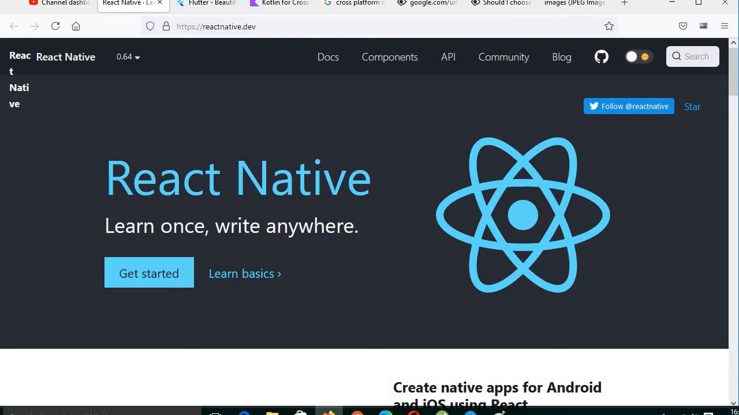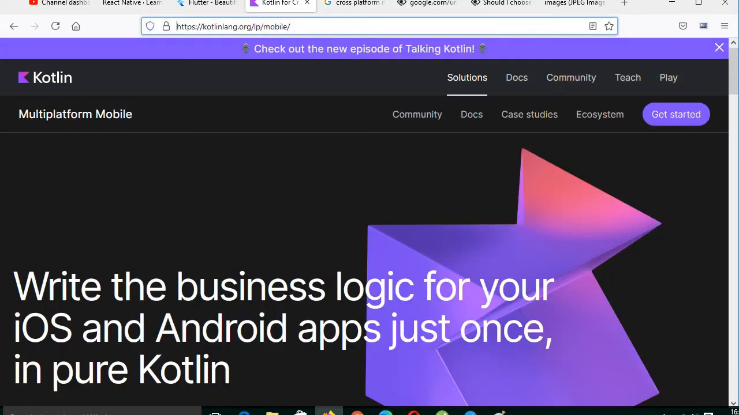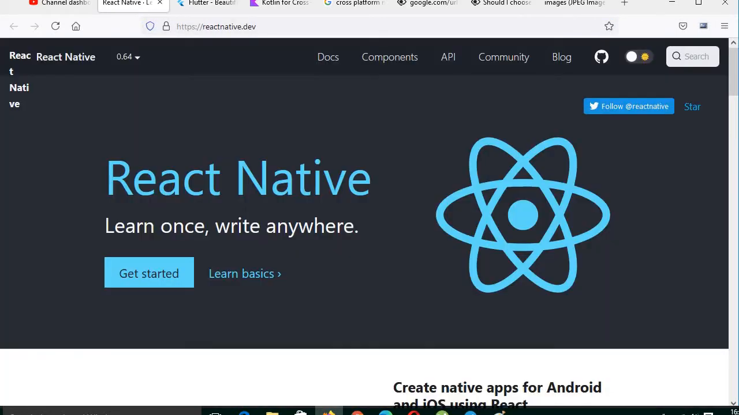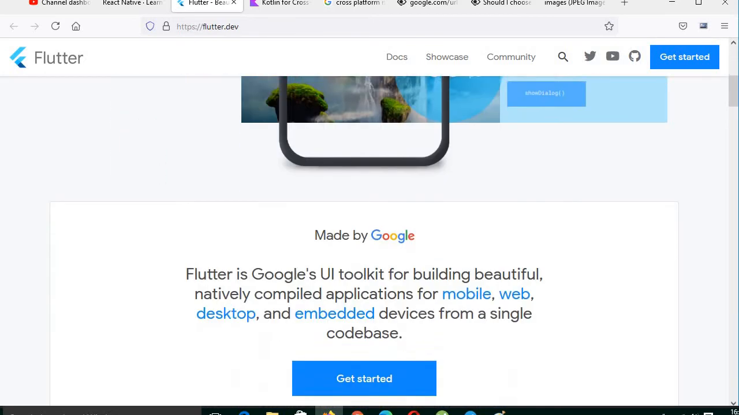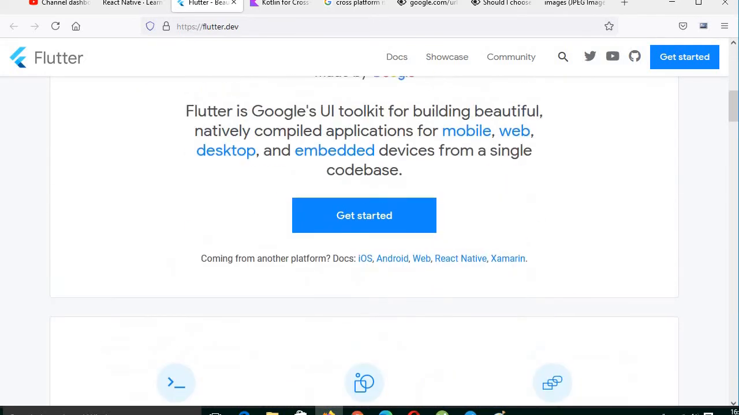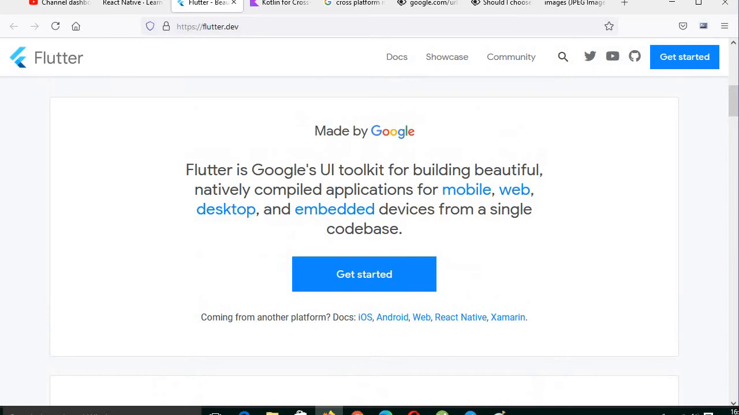These are the three technologies I collected, because there are so many in Google. I found these three right now, and that's why I'm making videos on these. Among these three, React Native is almost the top in the market to create a cross-platform application, and Flutter is a new thing. Flutter is a Google UI toolkit for building beautiful